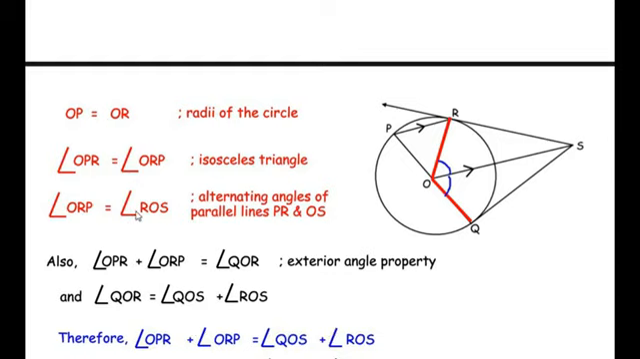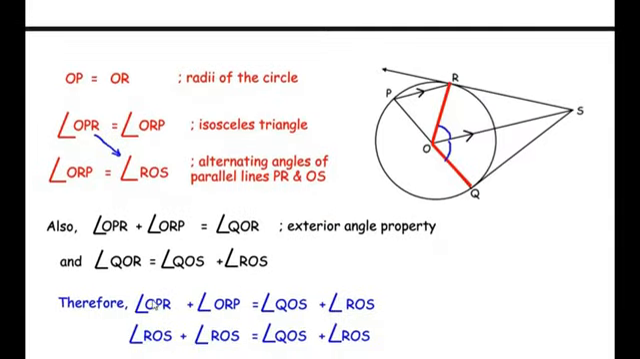But here we can see that angle ORP is equal to angle ROS. So in place of ORP we can replace ROS, and ORP was also equal to OPR. That means in place of OPR we can also substitute ROS. So you can see here I have substituted ROS in place of OPR, plus in place of ORP I have